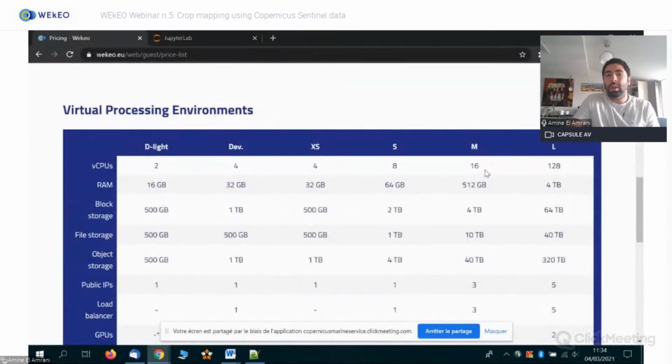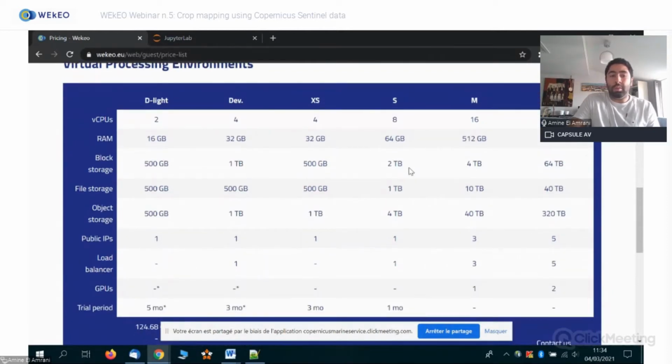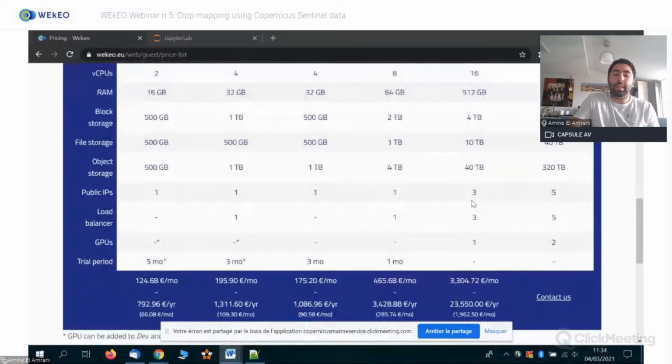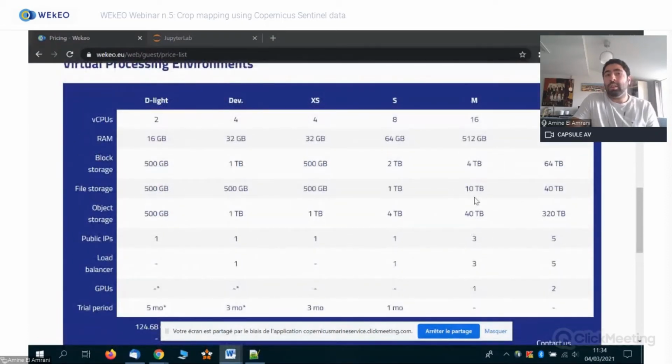And you can see here all the different combinations of the resources that are offered. These are the standard plan sizes that you can choose. But if you have some other needs, we can prepare what is called a custom machine for you. And all you have to do is to contact us on support@wekeo.eu, and we will put you in contact with the commercial department of WEkEO to decide on the resources that